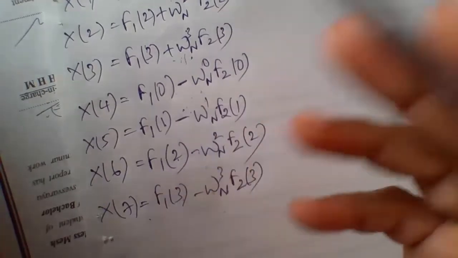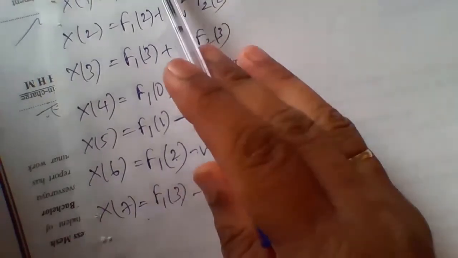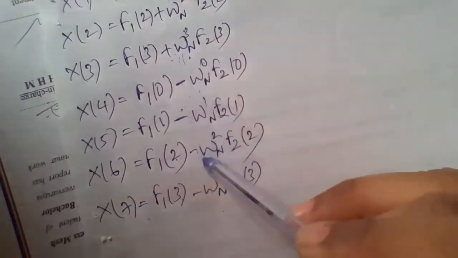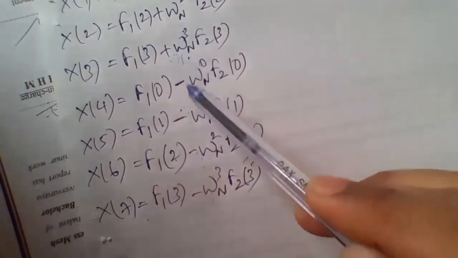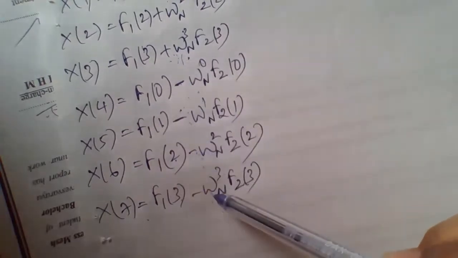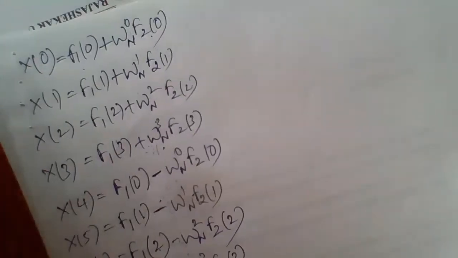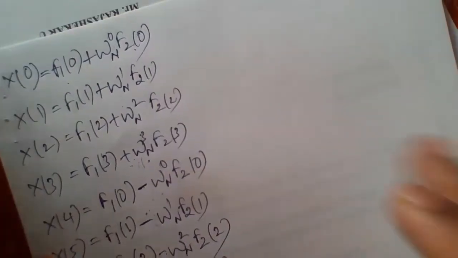In the previous stage there were 2 plus 2 minus, 2 plus 2 minus. In the first stage, it was plus minus plus minus plus minus plus minus. This is how the equations proceed as the number of stages increases. Now we will draw the signal flow graph for the third stage.